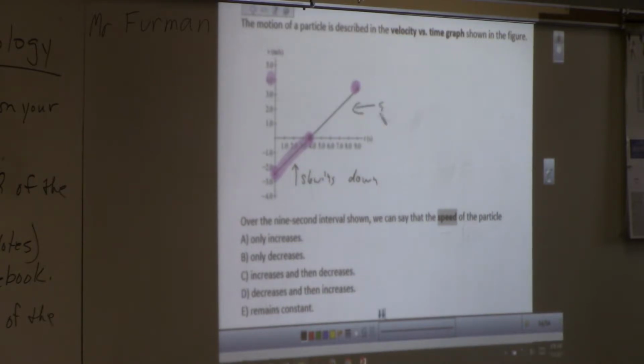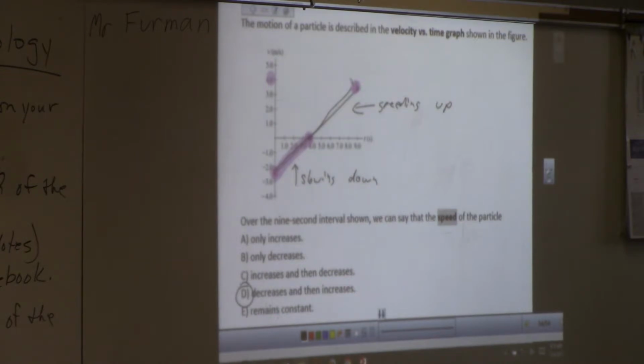Up here, you're speeding up. So you're decreasing because you're approaching 0, and then you're increasing because you're getting further away from